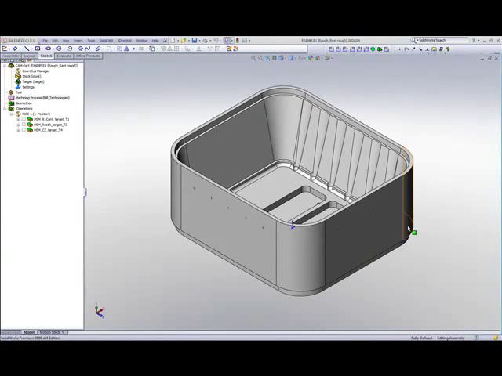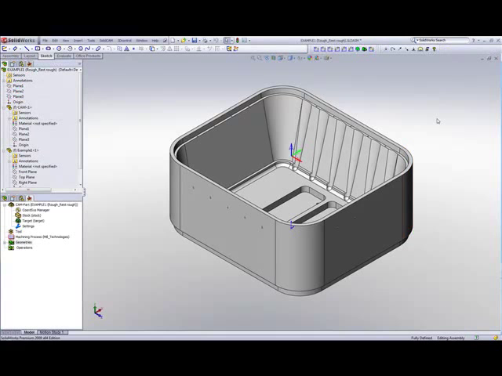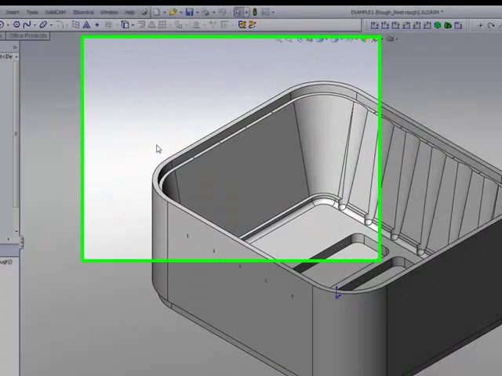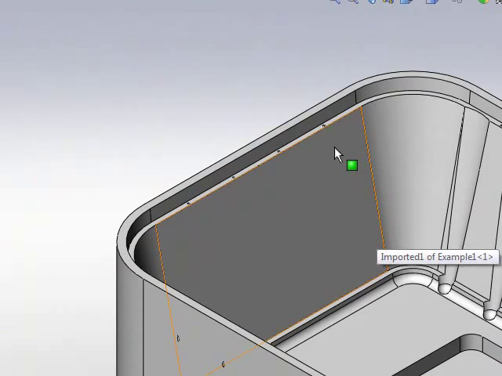SolidCAM HSM is a very powerful, market-proven advanced 3D mill and high-speed machining module for 3D parts, aerospace parts, and molds, tools, and dies. The HSM module offers unique machining and link strategies for generating advanced 3D mill and high-speed toolpaths. In this part that we have on screen, I'd like to demonstrate our roughing options and some of our